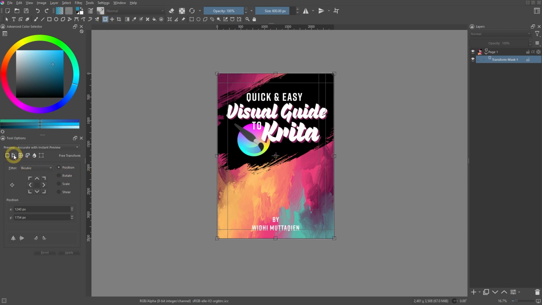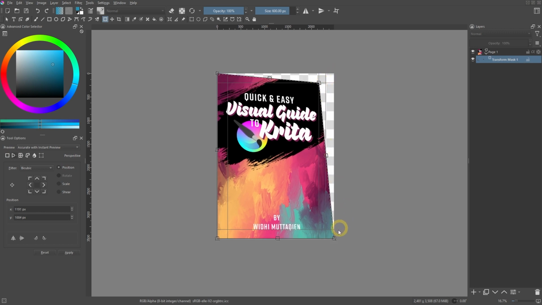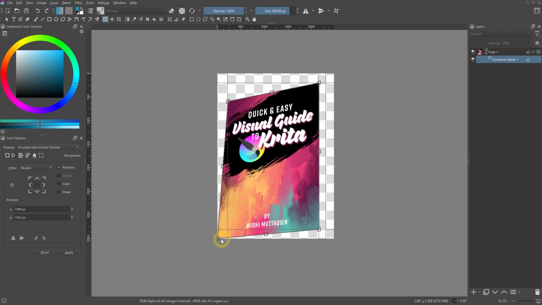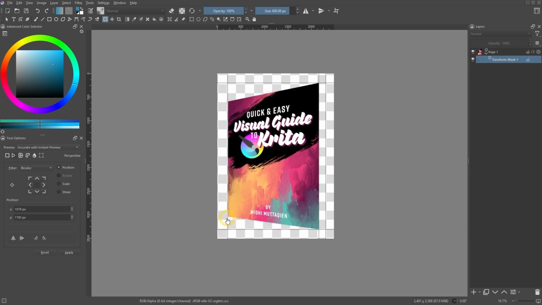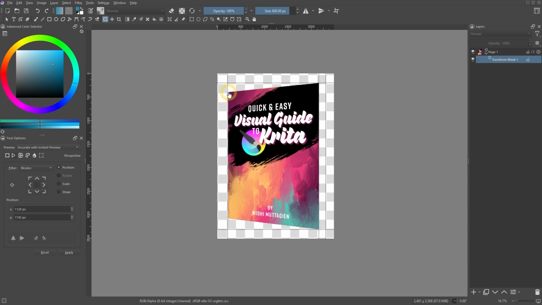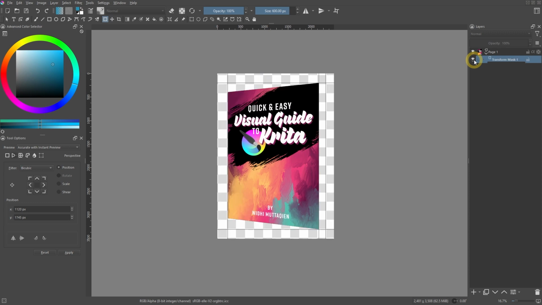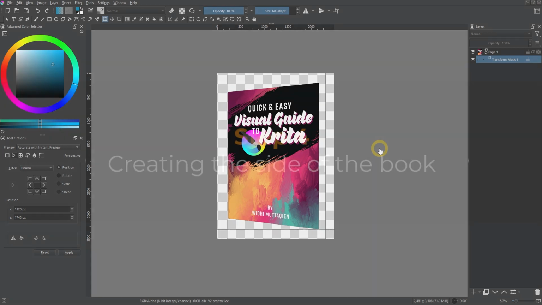Use the perspective mode. Then drag the control points on the right to snap to the intersection of the guides at the top center and bottom center. For the 2 control points on the left, make them snap to the guide on the left. Feel free to adjust the vertical position to your liking. Okay, the front cover is done. Remember, we are doing this perspective distortion non-destructively, so we can always turn it off to make changes to this cover image if we need to.